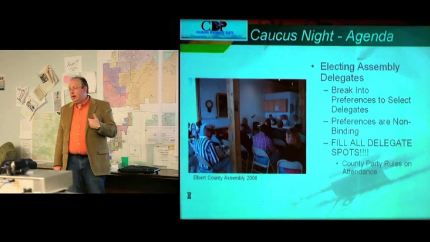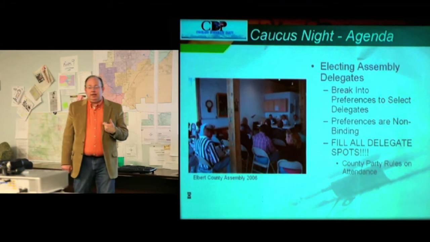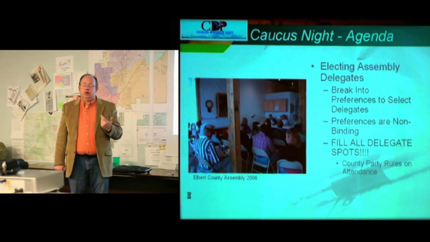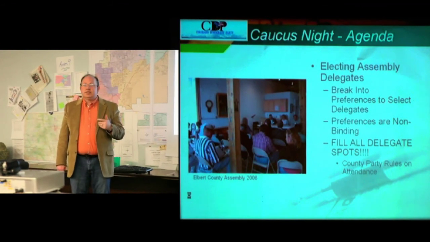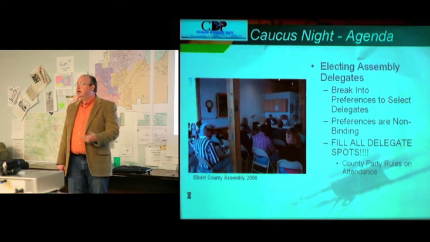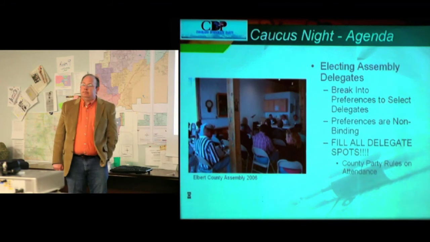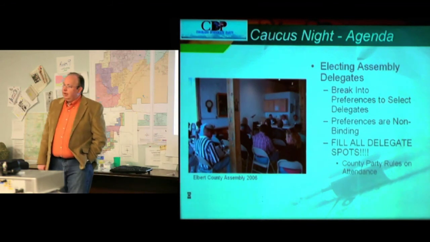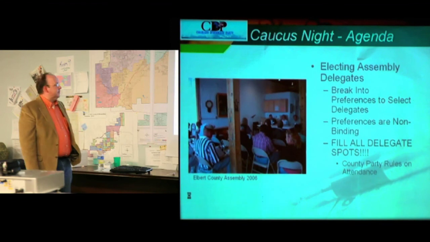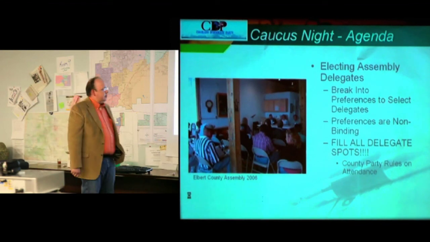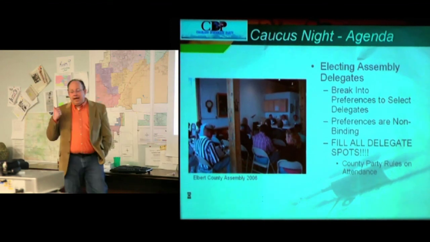From Fremont County, where I live, up until at least '06 and probably '08, we had such poorly attended precinct caucuses that in my precinct, I would just go down the voter list and find people I knew to make sure that we had all of our precinct delegate positions filled. We just did that. You may want to actually call them that night and ask them if they want to be a delegate.